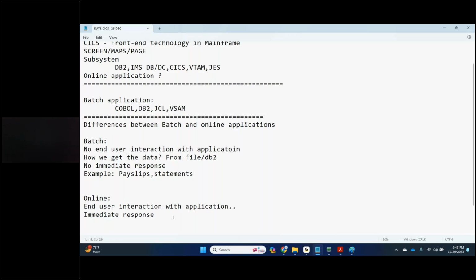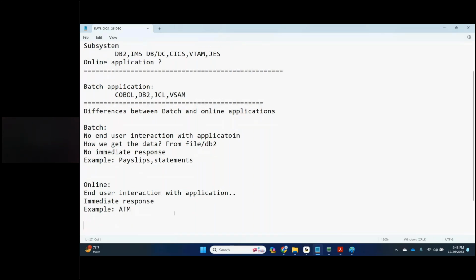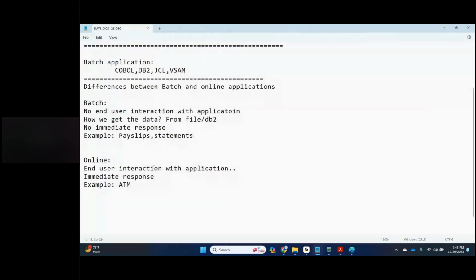Whereas online examples are ATM transactions, transaction counters, internet banking, and so on. We get the data response to the user. I hope you got it, team.